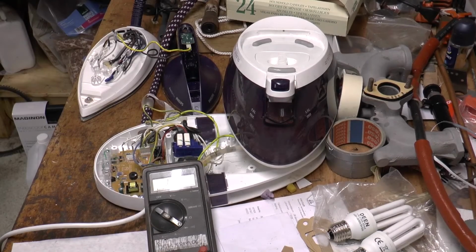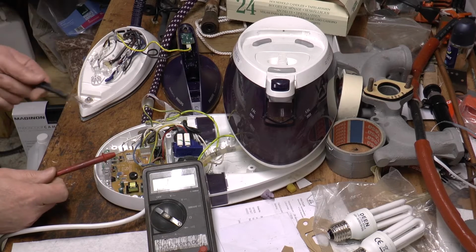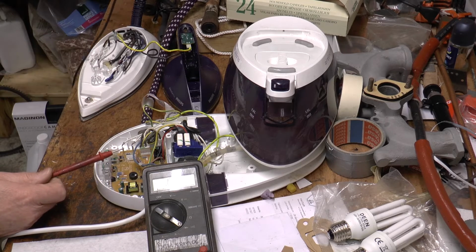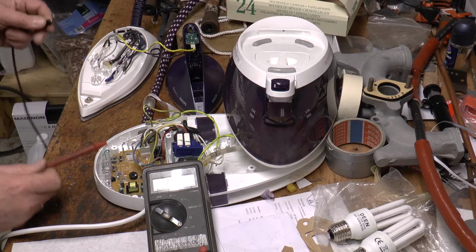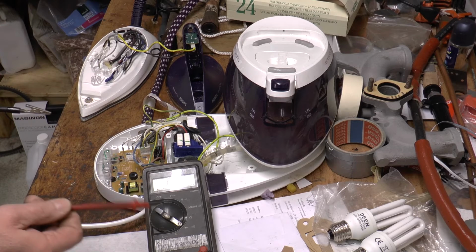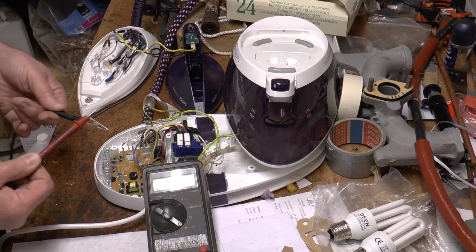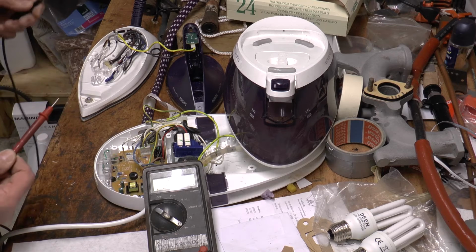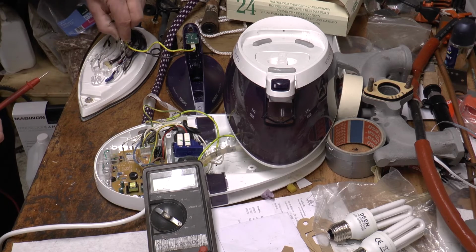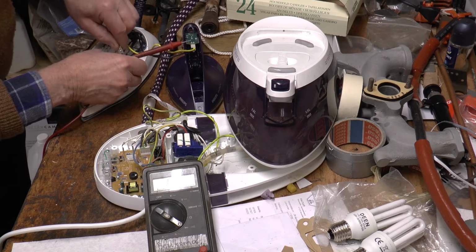A way of testing the wire connections between the base and the iron, which all run through this hose loom with the canvas shield, is to use a multimeter set to its beep testing mode. If I touch the two pins, the instrument will beep. And now by just running the test across each of the connections,